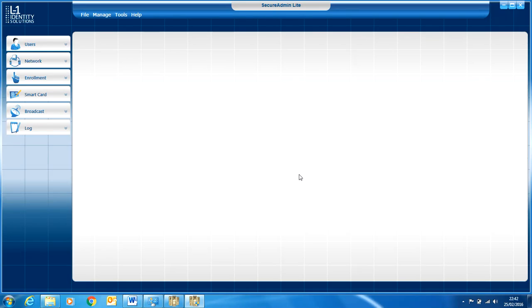Then click on login. This is the main page. You will get options like users, networks, enrollment, smart card, broadcast and log. So this is the method to install Secure Admin Lite software.